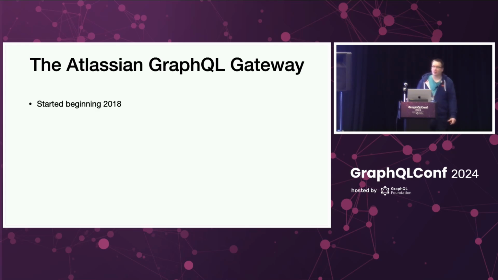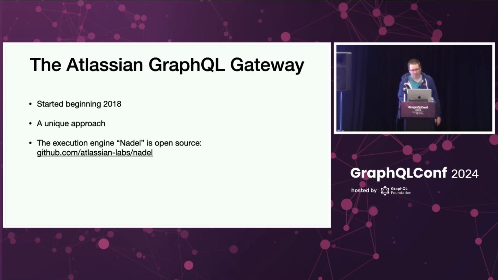It started in the beginning of 2018. Of course, we didn't start with being in production, but one of the very first commits was really in the beginning of 2018, so it's over 6.5 years now. It's a kind of unique approach. You will probably not find this anywhere else. Doesn't mean it's good or bad, but it's kind of born out of history and necessity. It's a unique approach compared to GraphQL Federation. I will talk about this more.